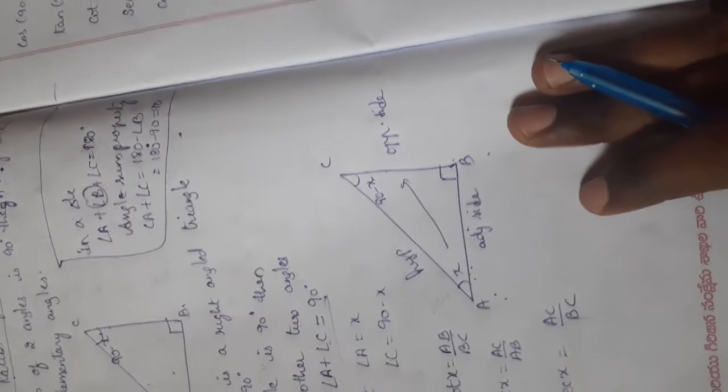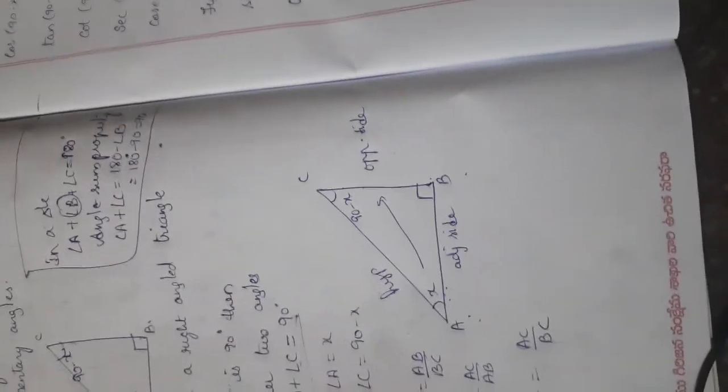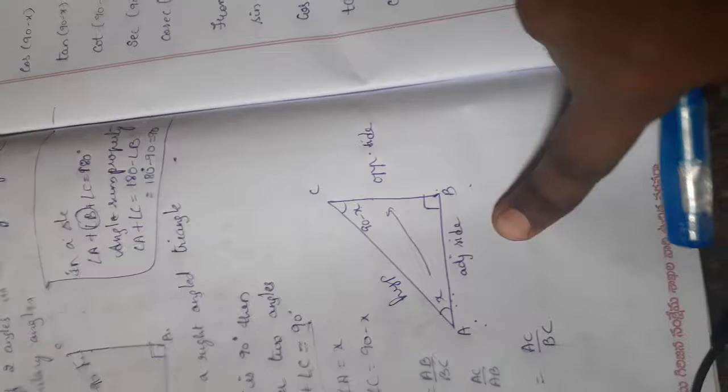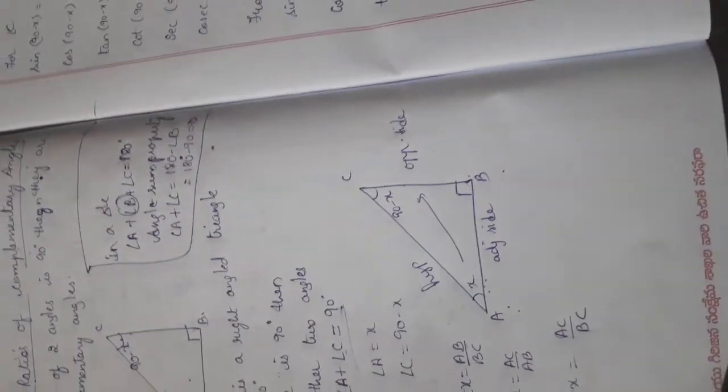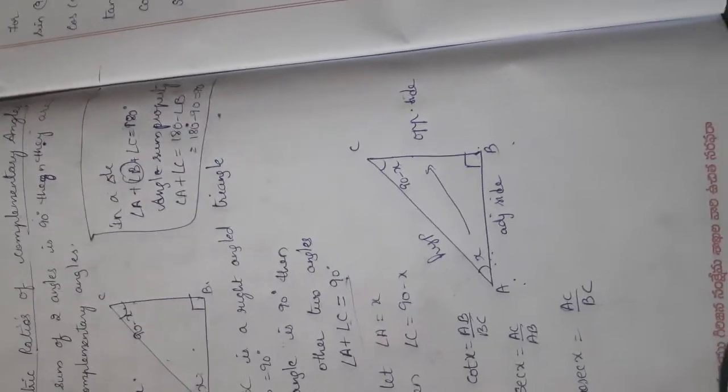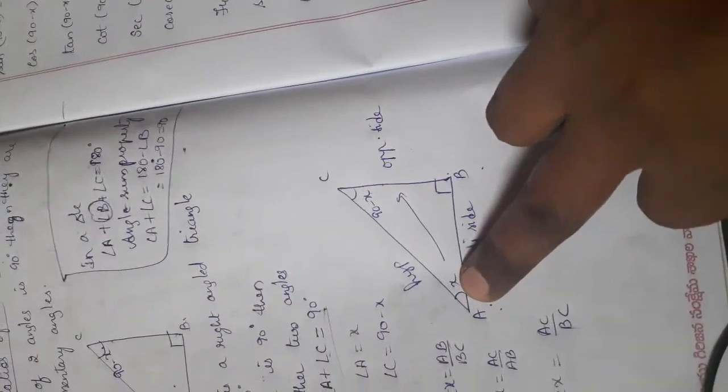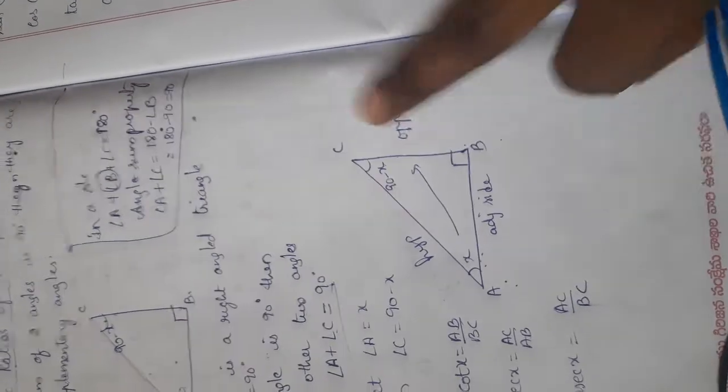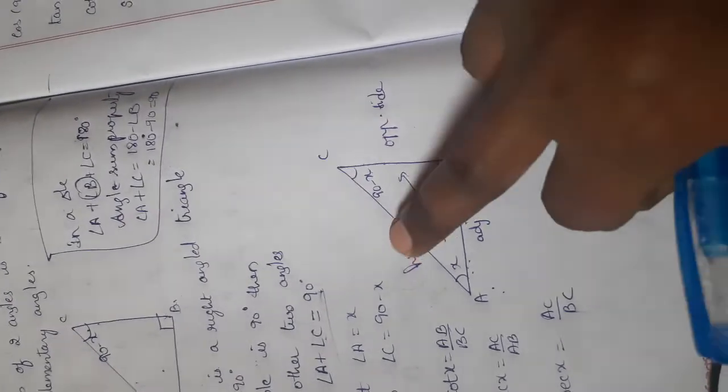Whenever you get a right angle triangle and if they ask you to find some trigonometric values, then you see which angle they are asking. For that angle, find out the opposite side, adjacent side and hypotenuse. Okay, if you write this as soon as you see the right angle triangle for trigonometry, then there will be no confusion. So here angle A is x, so for this the opposite side is BC, adjacent is AB and hypotenuse is AC. So now we are writing the trigonometric ratios.